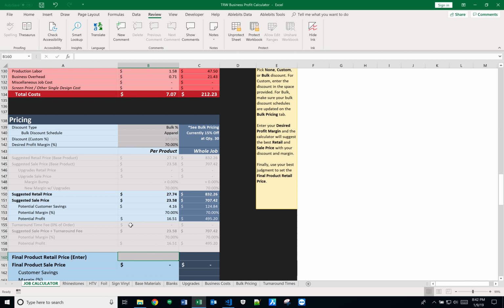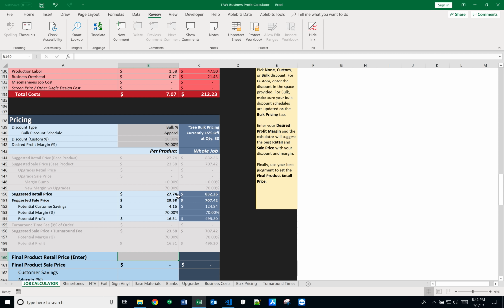You can see here there are two columns again, per product and whole job. It's saying, if you have a cost of $7.07 per product, and you want to offer the customer a 15% discount, and you want to get 70% as the final takeaway, that's what you want as your profit margin. So we have those three things. It's telling you need to retail this shirt at